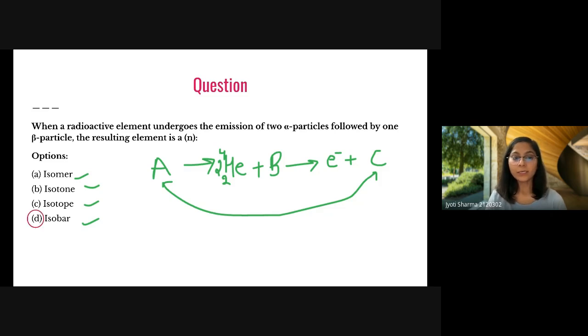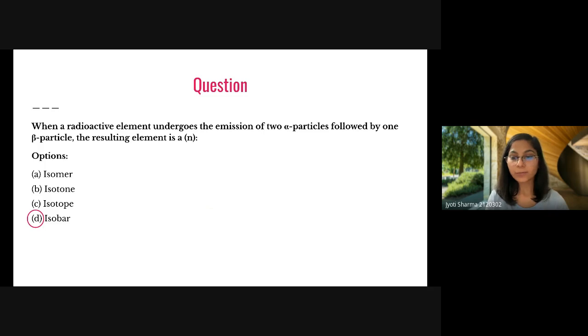So let's see. This will be isobar. Isobar we already have discussed. So isobar means you have the same atomic mass. So let's say atomic mass here is X, then this will also be X. But here the atomic number can change. For example, here the atomic number initially was, let's say, 11, then it may be something else, like it may be 13. And let me show you the explanation for this, why we have the isobar.